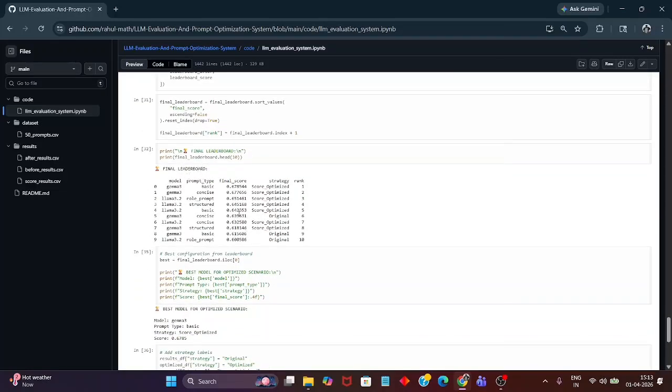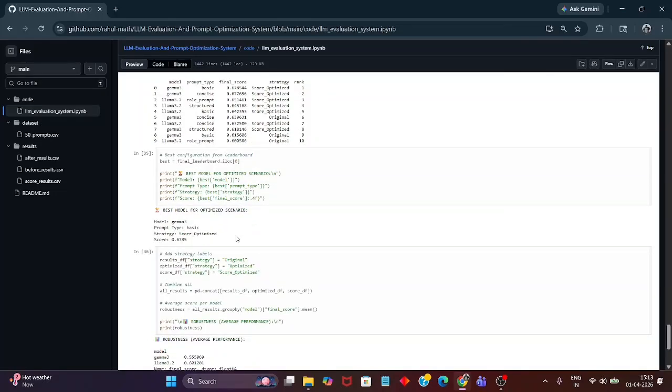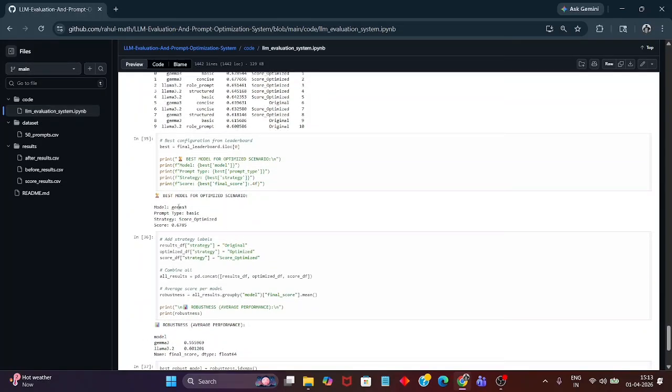You can see here the model Gemma 3 with the prompt type basic has generated the highest final score, which is score optimized. So if we are looking for an optimized scenario, then the best model is Gemma 3 with prompt type basic, using the strategy score optimized.